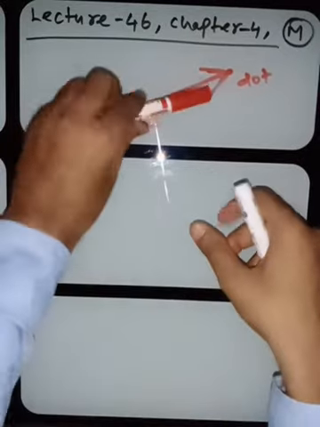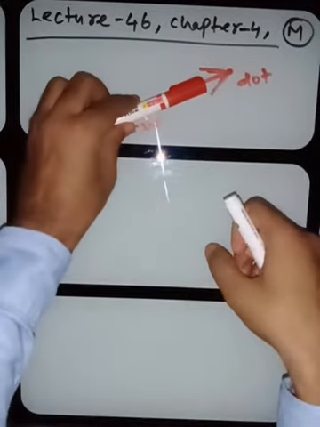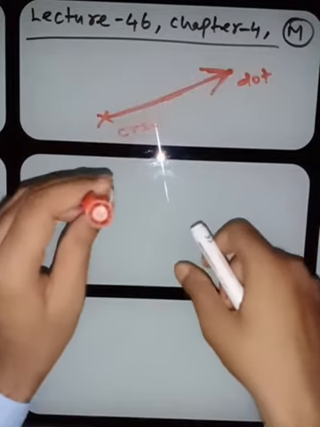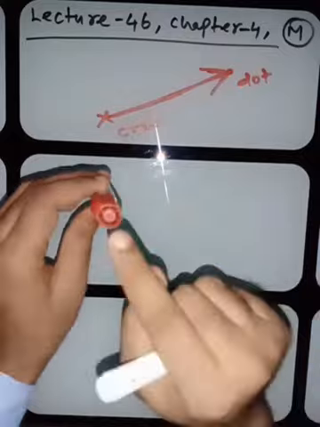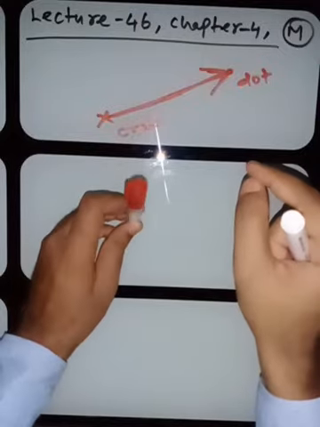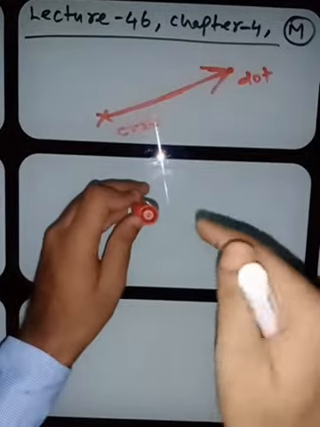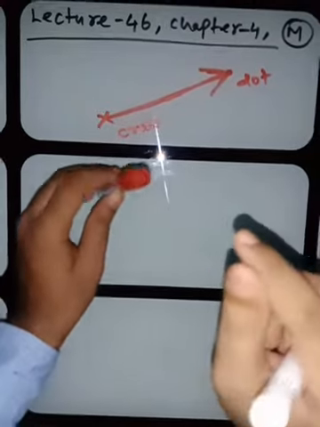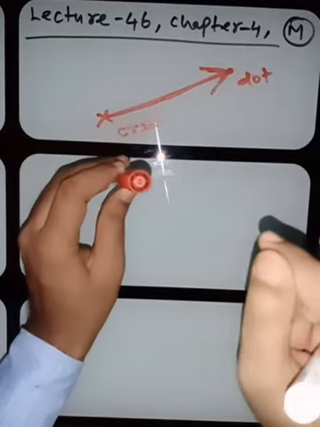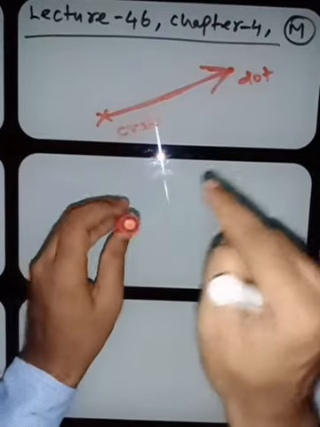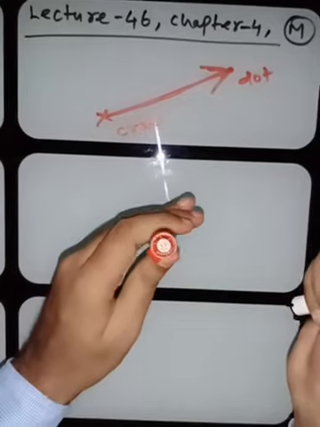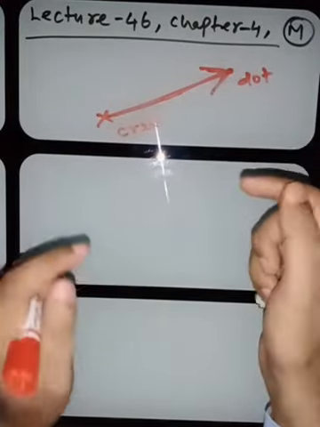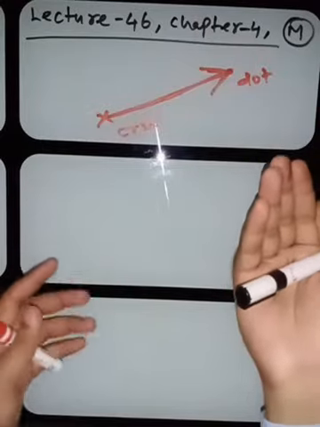Suppose this arrow is coming towards you. If this arrow is coming towards you, then what will you see, dot or cross? Of course you will see the dot. If you are looking at this particular paper or board, and the arrow is coming towards you, then you will see this dot. It means the perpendicular outward direction will be considered as dot. Actually, we use this conventionally. All right, there's nothing